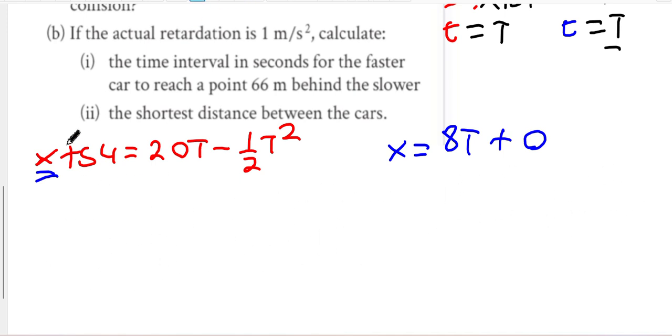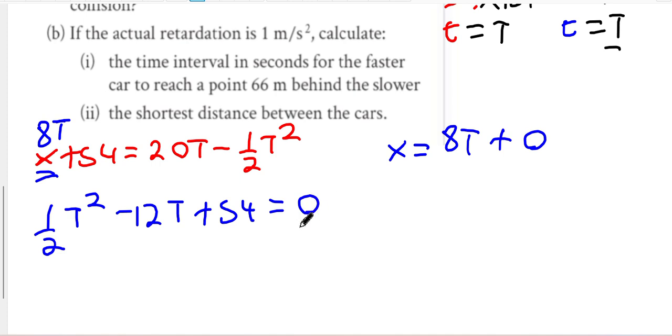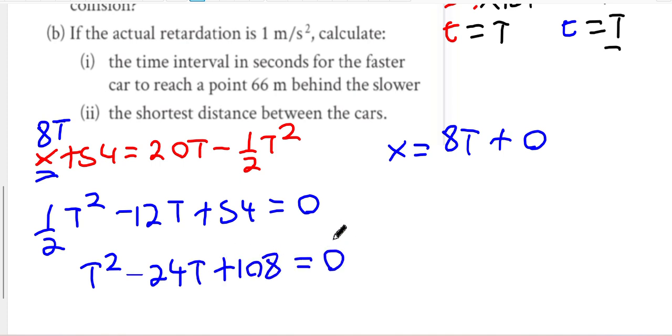And then we're going to get a quadratic, I think. So I'm going to bring over the half T squared onto this side. I'm going to bring the 20T over to the 8T to make it minus 12T. And I don't like fractions. They don't like me. I'm going to multiply everything by 2. Now, I think we might have the minus B form of this, do we? Or is there good factors here? 4 and 27 ain't going to cut it. Okay, so